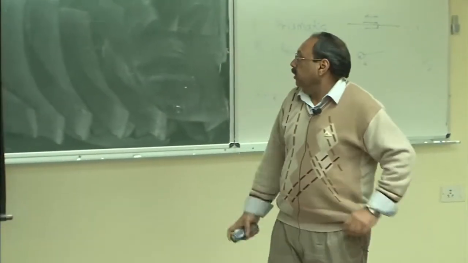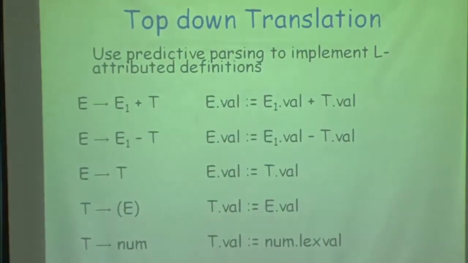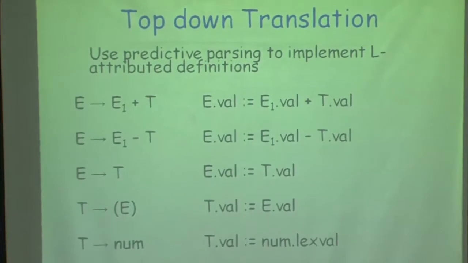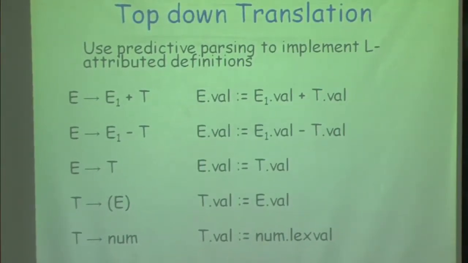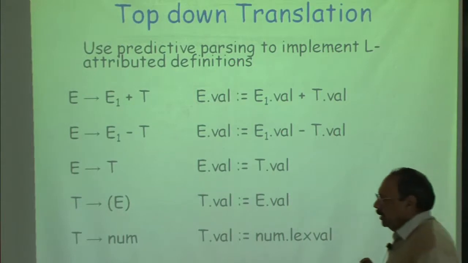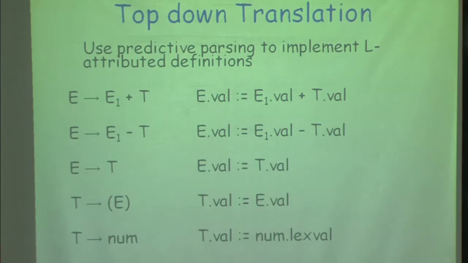Okay. So, the first problem that comes is that when I have a top down parser and I have some embedded rules, rules could be embedded anywhere or they could be on the right hand side also. Okay. So, the first thing I need to do in a top down parser is to worry about whether I have the problem of left recursion or not. Okay. So, here is an example where I have a grammar, I have some attributes which are synthesized attributes, and I want to write a top down parser for this.